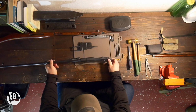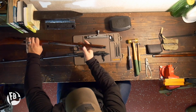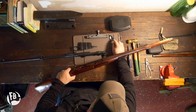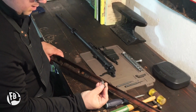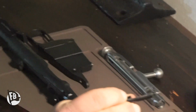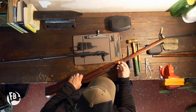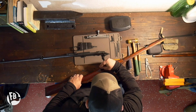We got to put it back in the stock. Well, as you remember from before, we pulled the recoil lug out of the stock, so we're going to need to put that back in. So, as you can see, there's a little detent cut out in there. So when you put it back in, you're going to want that detent facing forward, okay? So what we're going to do is push it back